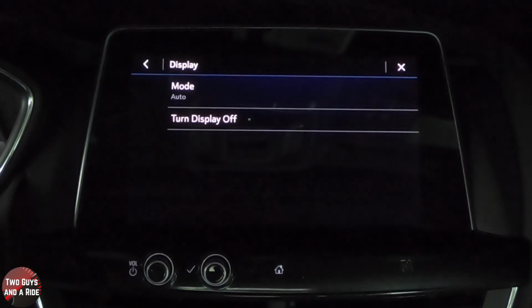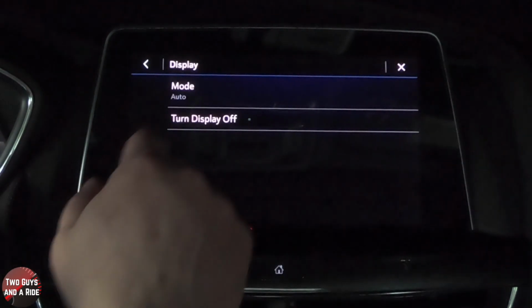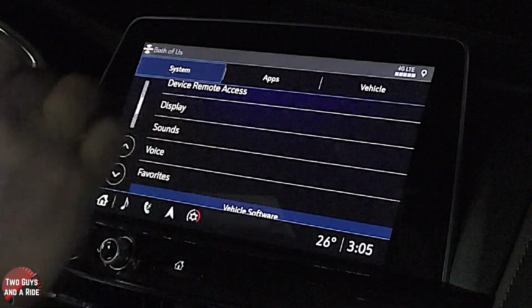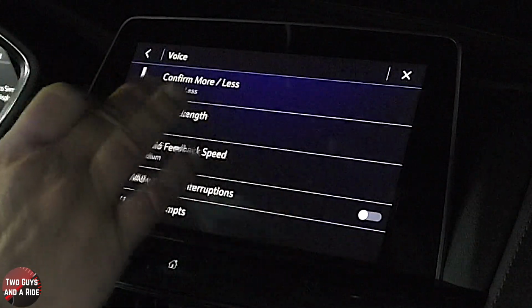All right, Wi-Fi network setup, hotspot setup, privacy, display. Let's say you want the display off because you're driving at night and it's just bright. Everything still works, it's all running. Your turn by turn is still coming up in the driver's information screen. The screen's just off. So basically push any button, doesn't really matter what, and it comes back on. The sounds here is the same as what we saw earlier in the radio. You can look at voice commands here